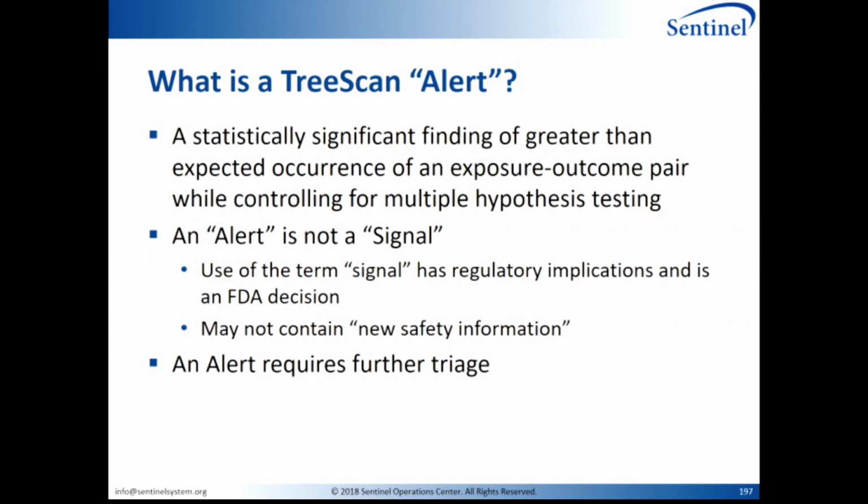An alert is a statistically significant finding of greater than expected occurrence of an exposure outcome pair while controlling for all that multiple hypothesis testing. It's really important to note here that an alert is not a signal. And the reason is that there are a lot of things that are explainable temporally based on the exposure of interest and the outcome. There are known and expected things. I'll get to that actually in the next slide, so I'm previewing my next slide too much. The point is that